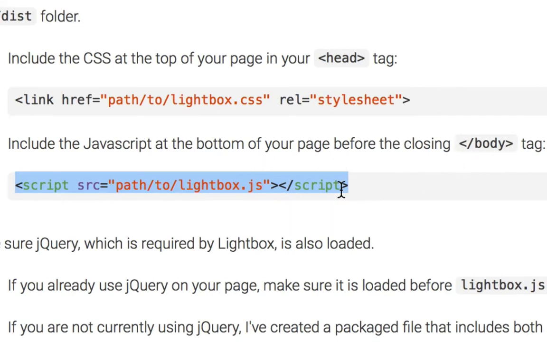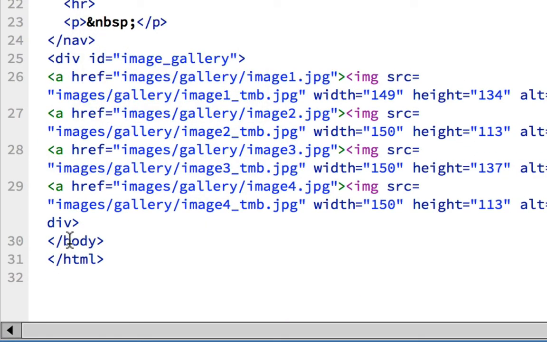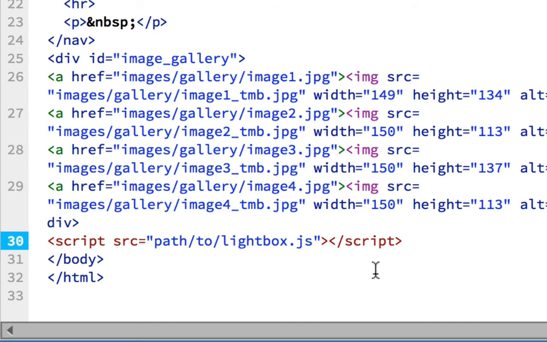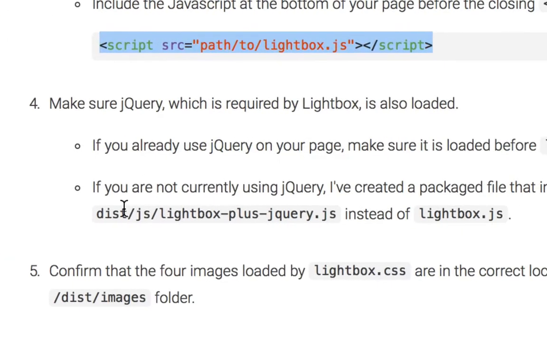So we copy that, and we go down to our code, and before the closing body tag, which is here, we're going to go in, hit return, and paste that line of code. But we want to use the second bit of code, which actually has the path as well, which is the dist/js/lightbox-plus-jquery.js,